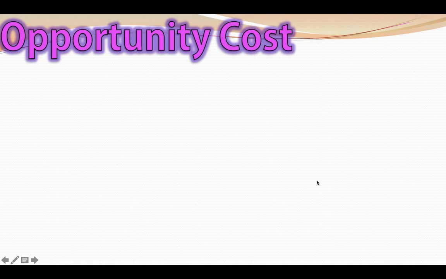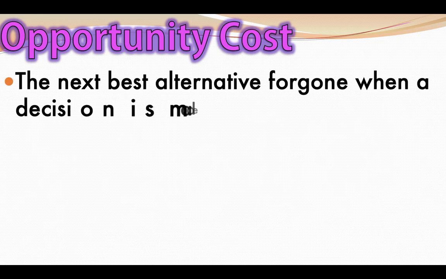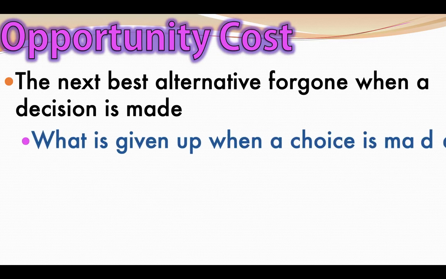Okay? So, last little bit to finish up. As you can see, I've only got a couple of slides left for today. This is the idea of opportunity cost, which did appear on the previous task when we were talking about entrepreneurs' opportunity costs. So again, economists will know this. It is the next best alternative forgone when a decision is made. So what does that actually mean? It means what's given up when a choice is made. So if you've got several options and you choose one, what you don't choose is your opportunity cost.